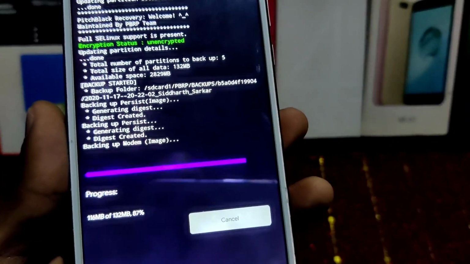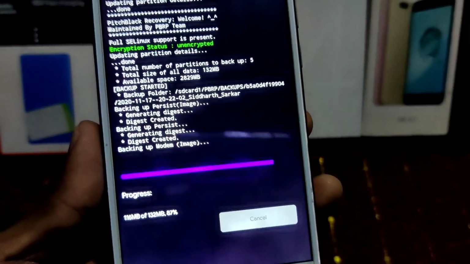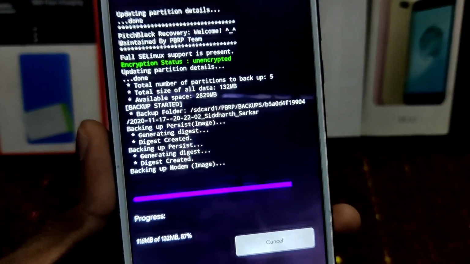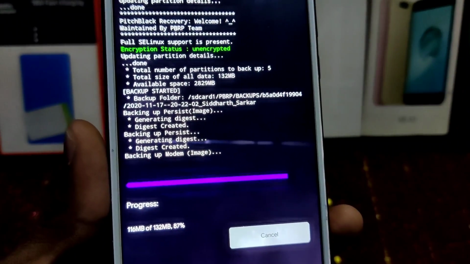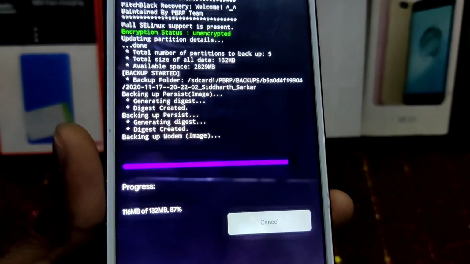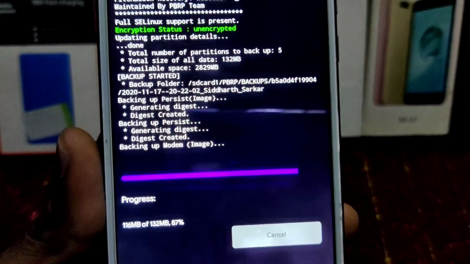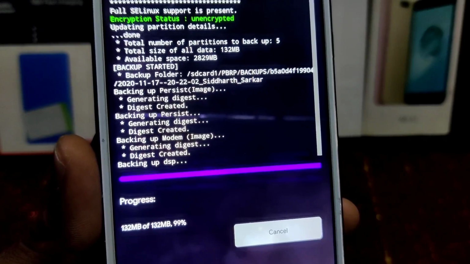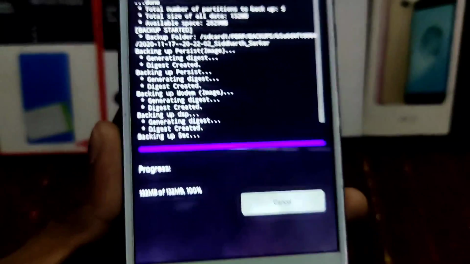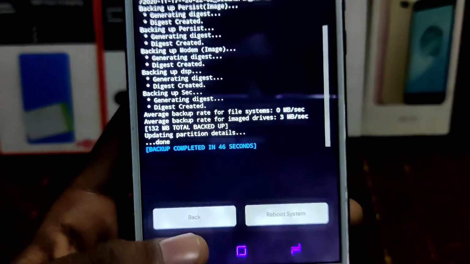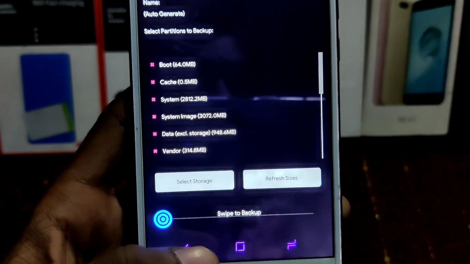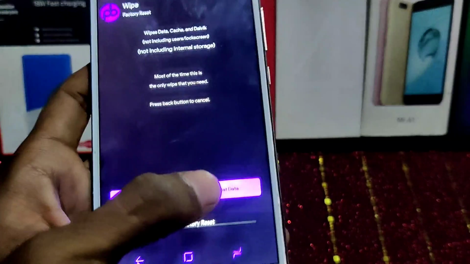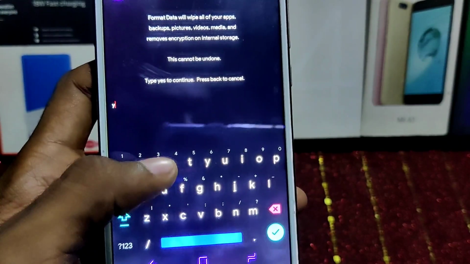This video may be helpful to you in a lot of cases. You can also recover your boot loop device by this process, but I am not sure. In some cases it will help you, in some cases it may not. If it helps you, then thanks for following this procedure. If it doesn't help you, then sorry for that. In almost all cases you may need a PC or laptop to perform this action.